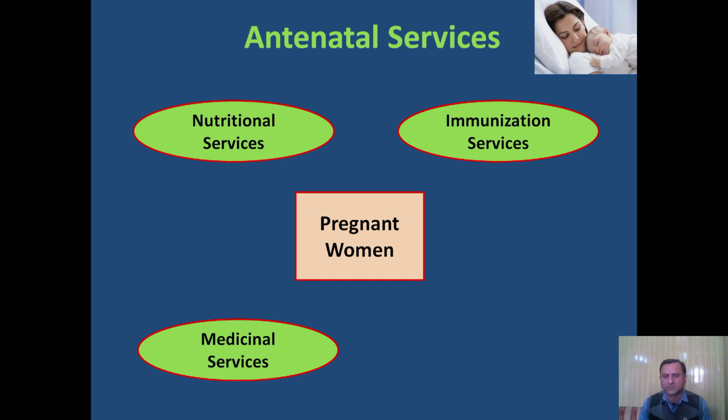Then we have the medicinal services, and the most important component of this, obviously, is iron folic acid. Depending on her level, if she is anemic, she may need 2 tablets per day during pregnancy for 100 days. If she's not anemic, then she needs 1 tablet per day for at least 100 days. But she needs advice on how these tablets have to be taken and how frequently,